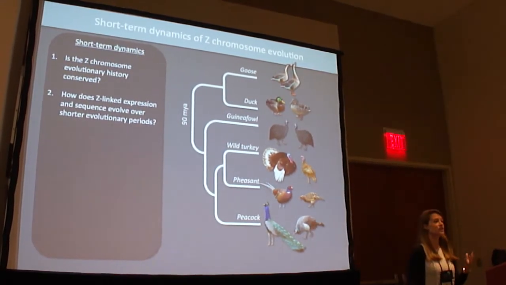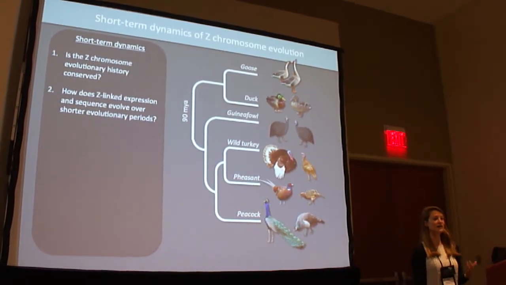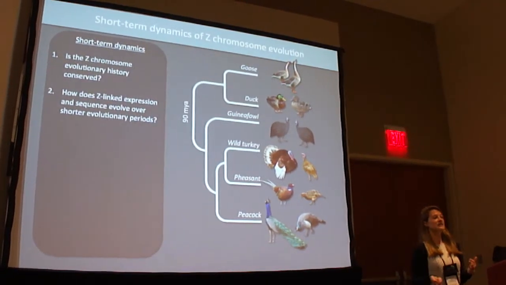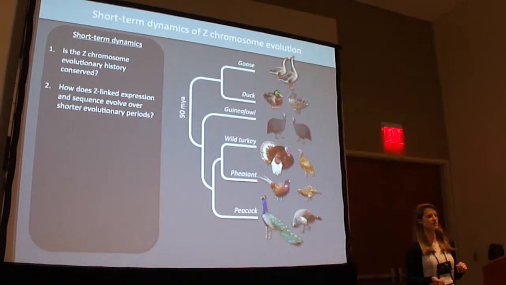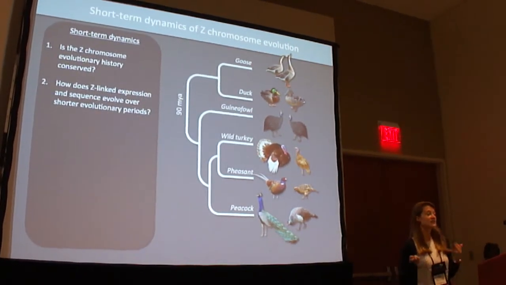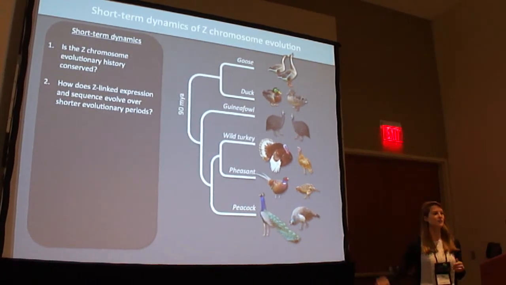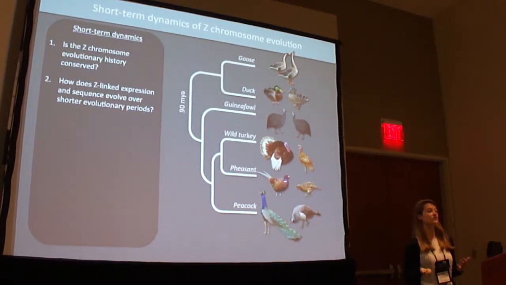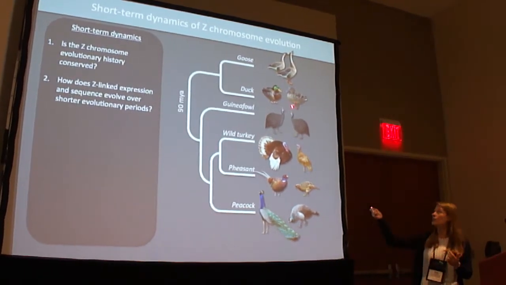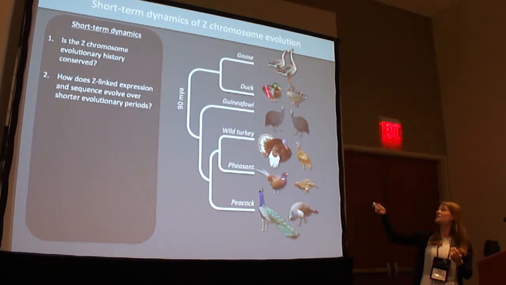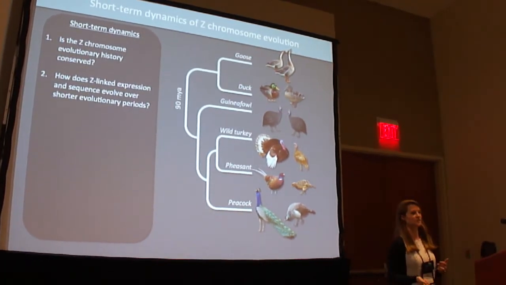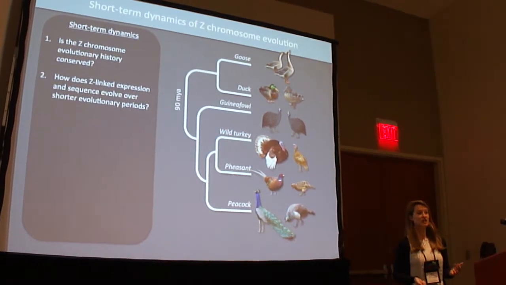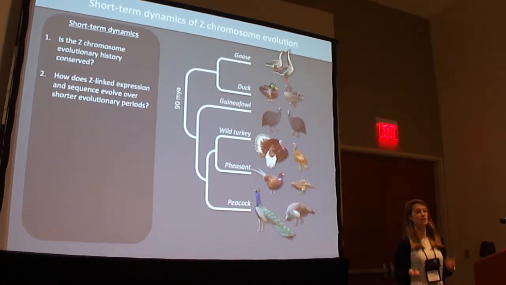And we have whole genome transcriptomic data for male and female adults for a range of tissues across these 6 species. And they're a perfect system for studying short-term dynamics of Z chromosome evolution, because they diverged relatively recently, so only 90 million years ago, and there's also a huge degree of variation in the degree of sexual dimorphism and levels of sperm competition. So for example, the goose is monogamous, but the duck has a huge degree of sperm competition. So because of this, we might expect different levels of male-specific selection and therefore different extents of Z chromosome masculinization.